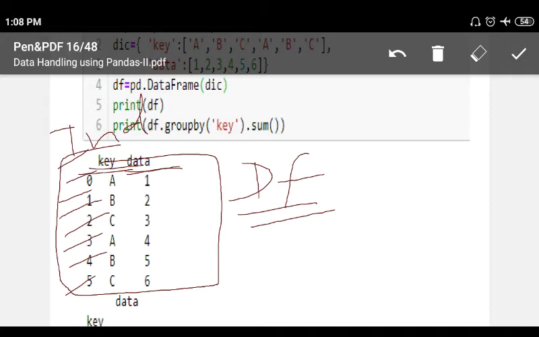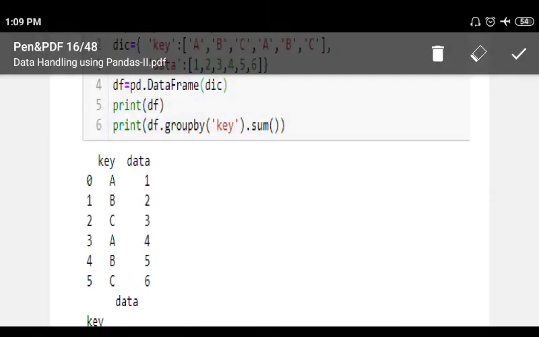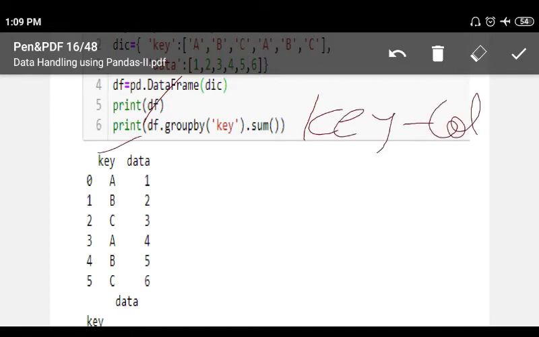How have these columns come? The keys of the dictionary become the columns. So this is one column, this is another column.